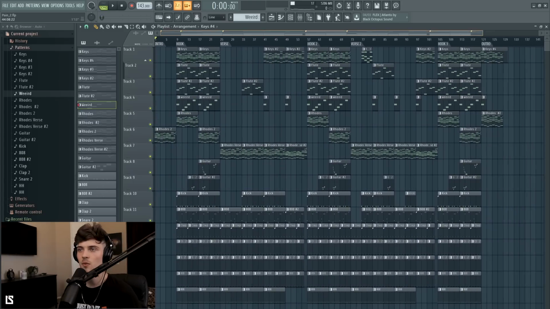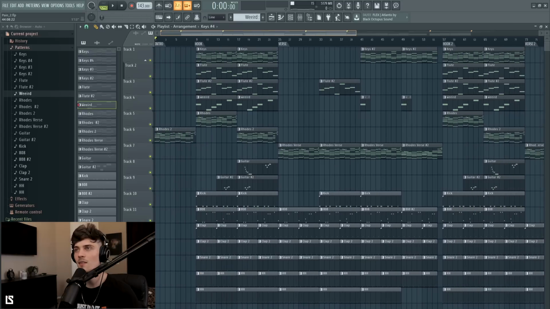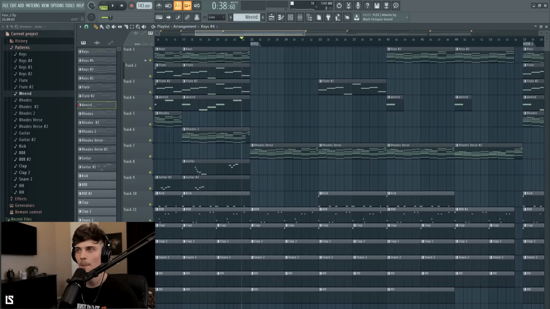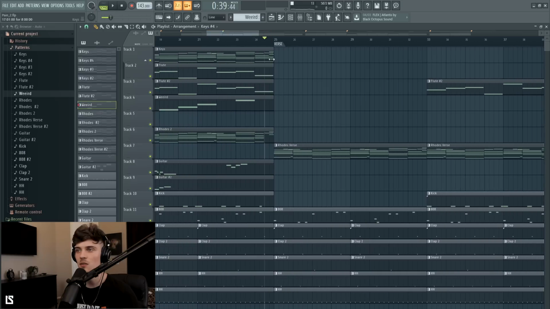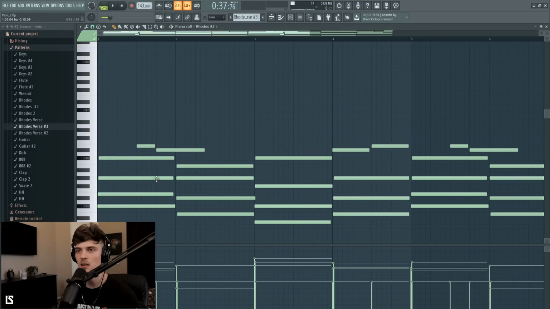So from here, a couple cool things we could do if we want to spice it up a little bit more is add some transition effects, or even add inversions. Inversions are always cool. So what I mean by inversions, again, is if we just were to solo these Rhodes to kind of give it a different tone, we can make unique, and then we can come over here and